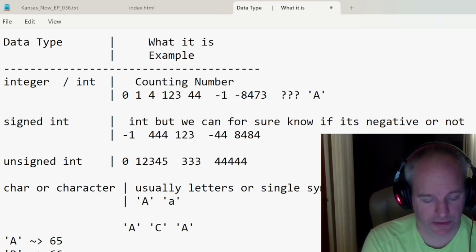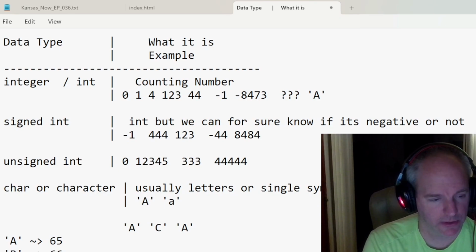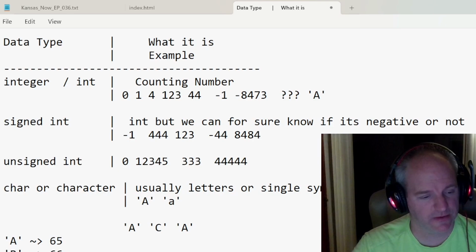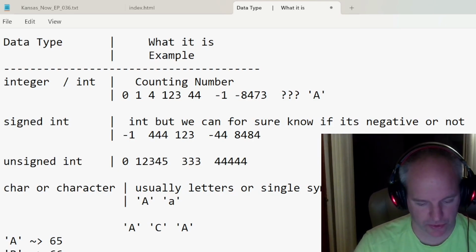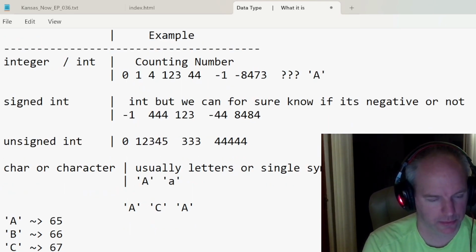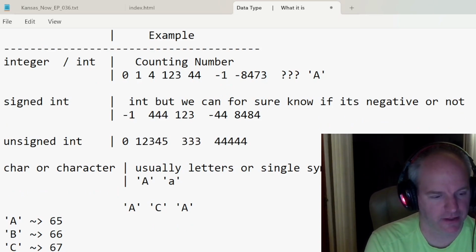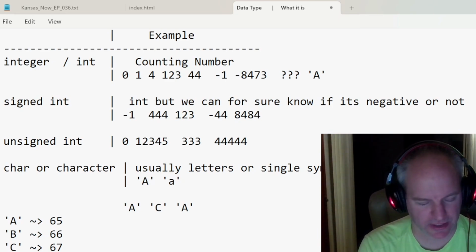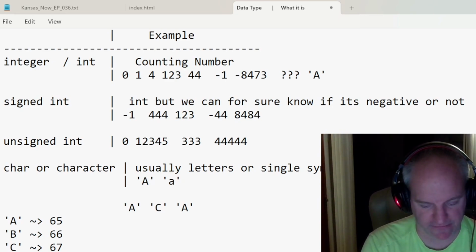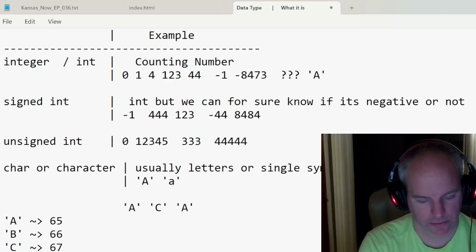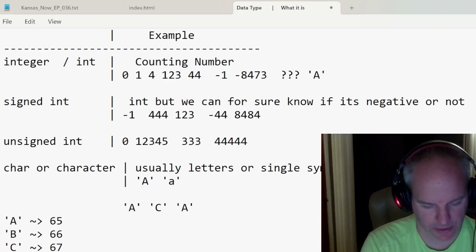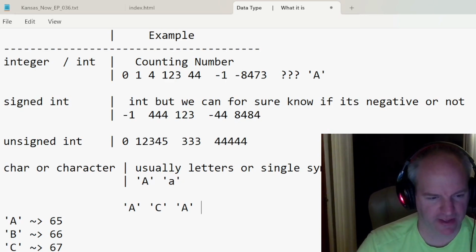And T should be, let's see, 26 plus 65 is 91, minus 6, because we have to go back 6. So it'll be about 85. Okay, so T is 85. So now we have A C A T,